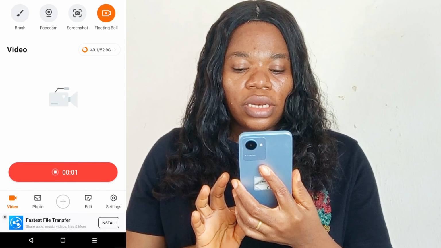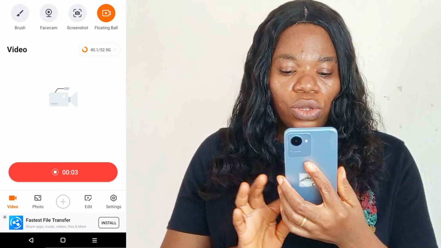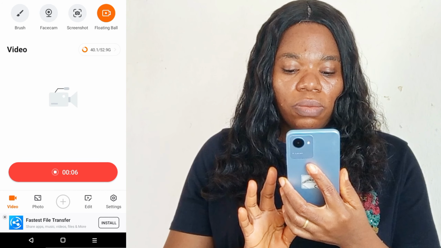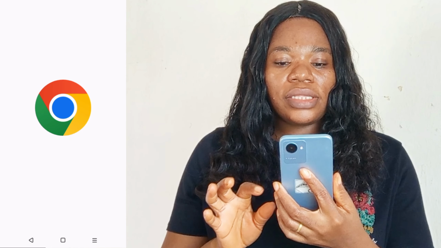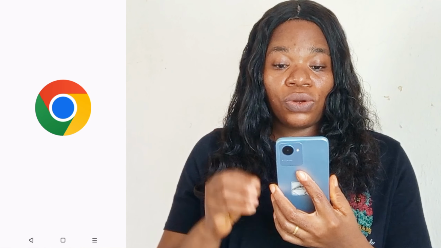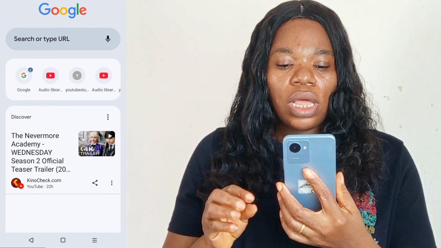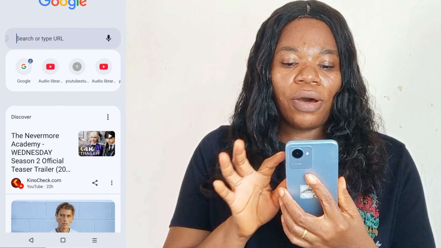So before that, make sure that you turn on your screen recording app. It is very important. Once you turn on your screen recording app, it will start recording. Then you are going to go back, then go to Google. The internet is turned on here. We are going to go to Google, and we are going to type in how